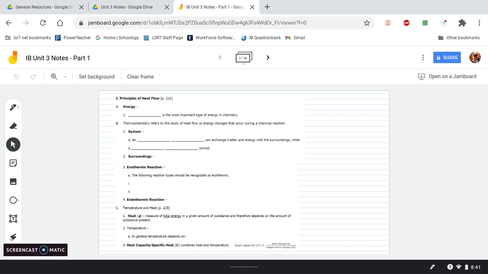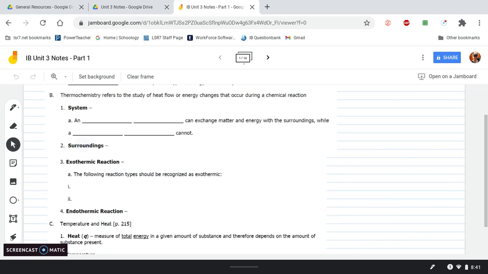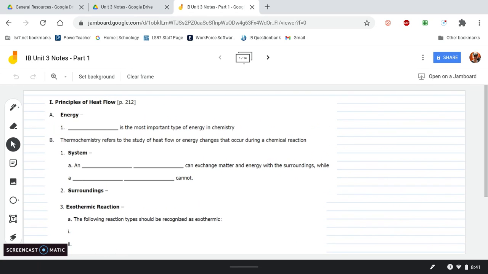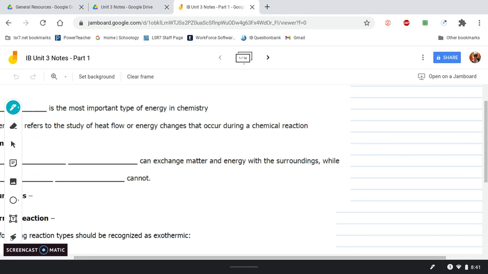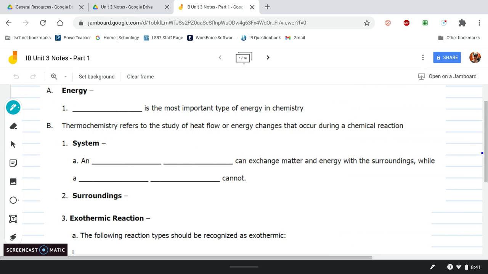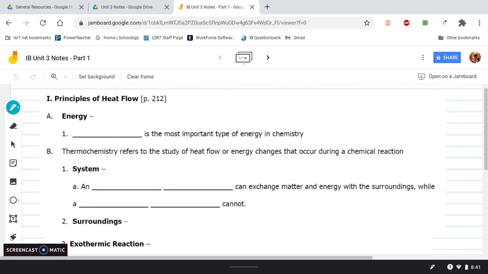All right, so let's make this a bit bigger so you can actually see it. And this is just the notes that you guys are filling out. So right here, principles of energy flow. We're going to be talking about energy. We're going to be talking about where does energy go? Is it going in? Is it going out? What is happening with energy? So I'm going to zoom in a little bit because we don't need all that space, because we're not really working a problem here. So first of all,